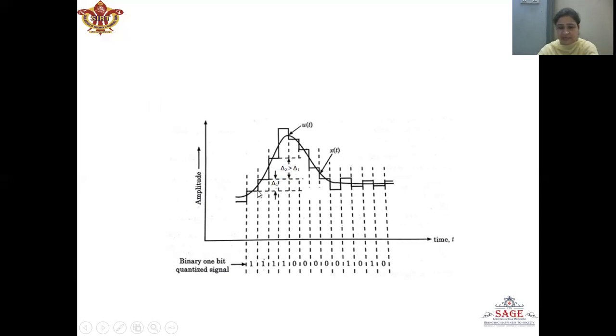Now, again, it will be delayed by TS. Again, it is less, so it will be increased by the step size. When there is a continuous increase in the step size, that means 1 bit is transmitted. Because of the continuous 1-bit transmission, there will be an increase in the step size so that the quantized output will try to pick up the message signal, and it will have a value near to the